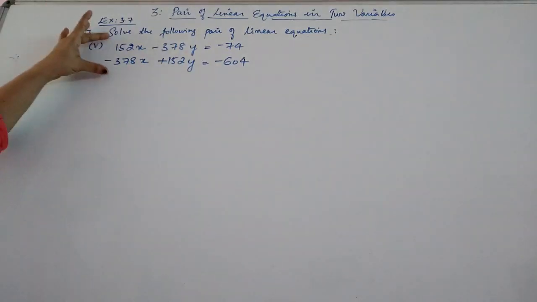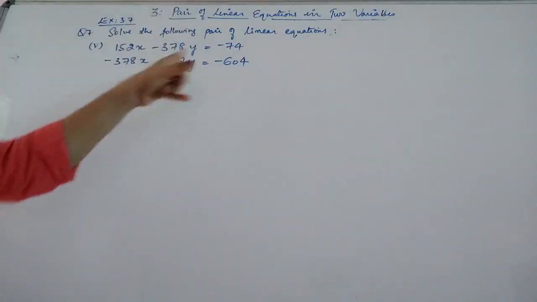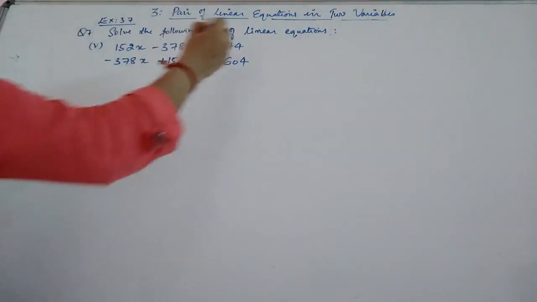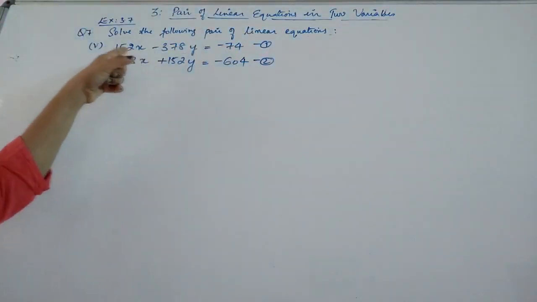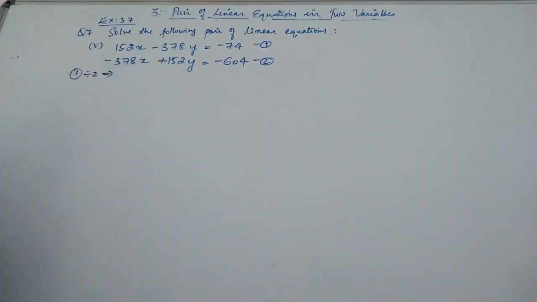Now to solve this bigger terms, first we will see whether there is something in common in the two equations so that we can reduce the equation. So first equation, this is your first equation, this is having something in common. What is that? 2. So we are just dividing the first equation by 2, which will give you your new equation